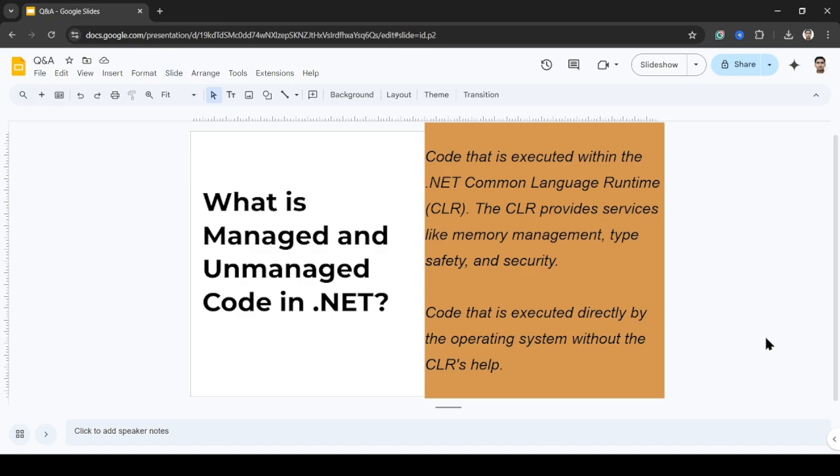Now, for example, if we create an object of any .NET Framework class, this code will be executed within the .NET Framework itself, and that will be taken care of with the help of the .NET runtime, the CLR.